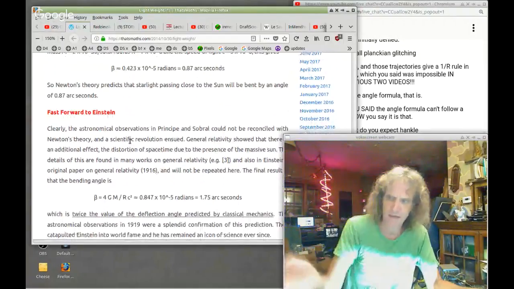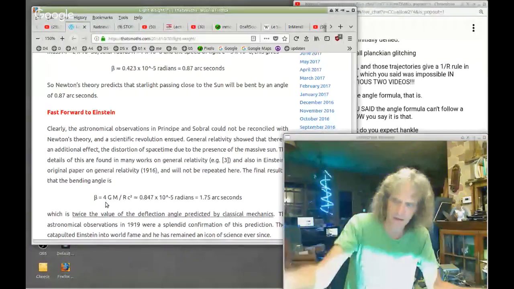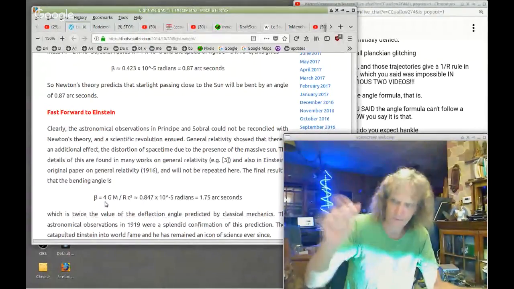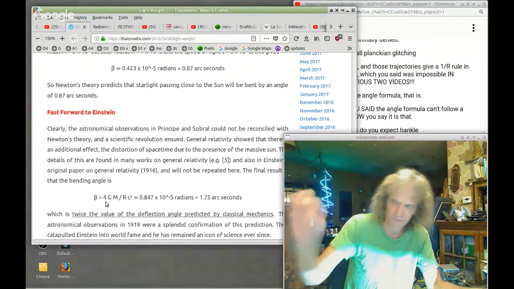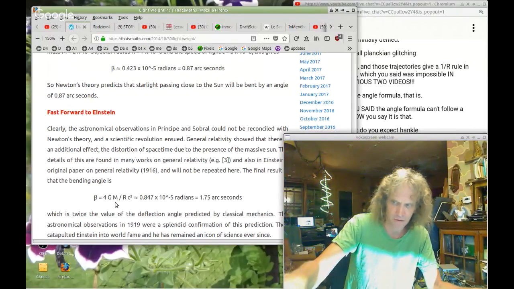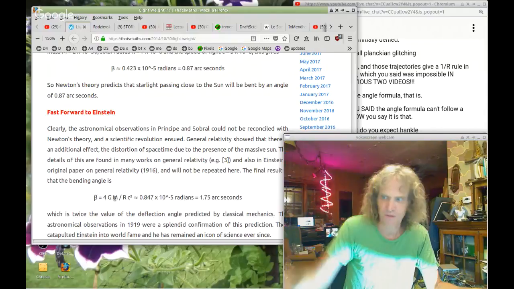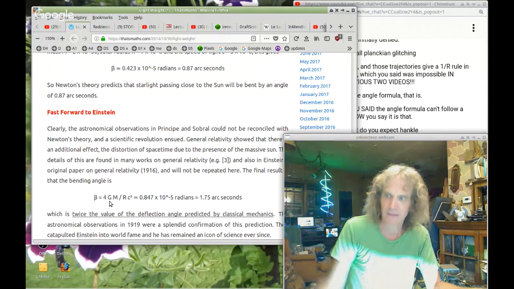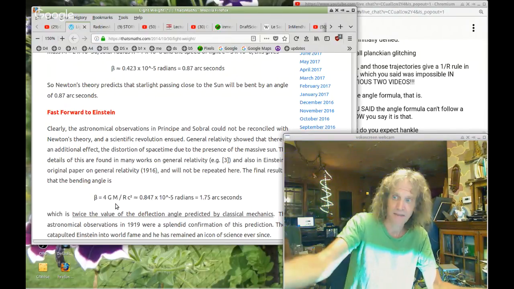So clearly, the difference is this 4 number. Einstein just erased the 2 for photons and put a 4 in there. So it goes from 2 to 4, which is obviously a doubling of the magnitude. No way around that. Multiply by 2, multiply by 4, you've doubled the magnitude of whatever the thing is you multiplied against. It means you just made the sun twice as big, twice as heavy. So you just made the sun twice as massive just for photons.